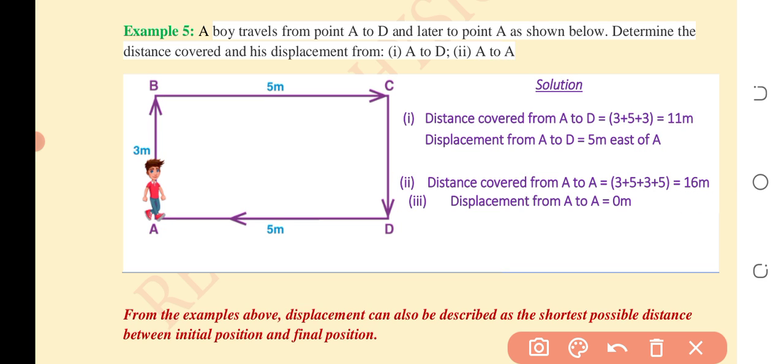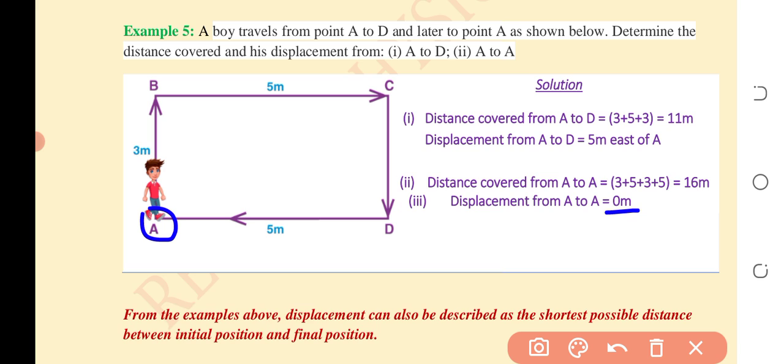In the case of displacement, the object arrived at the origin. So which means the displacement is 0 because the position is not changing at all. The object moves around and comes back to the origin. So the displacement will be 0. That is, whenever an object moves and ends the journey at the origin, the displacement will be equal to 0 meter